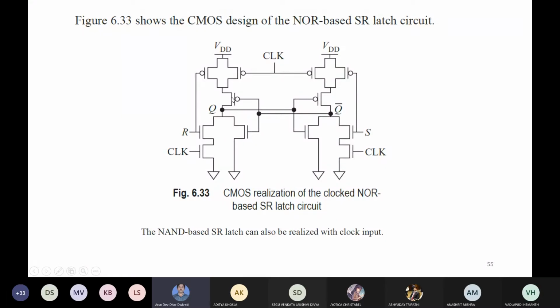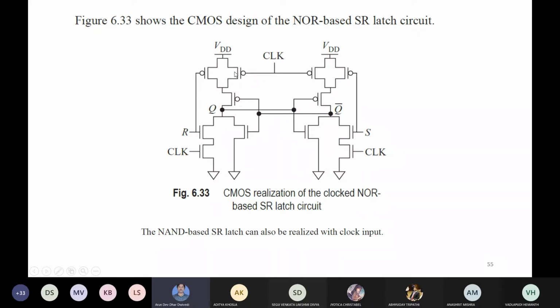This one and this one in series, and this one and this one in parallel. But additional means ANDing of the R with clock is also required. So R is ANDed with clock. So another NMOS transistor is taken in series with this transistor, so that R and clock can be ANDed. And this same R is given to this one also, obviously. And whatever you are taking here, clock you are taking in series.